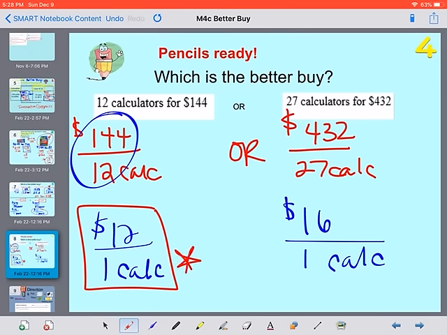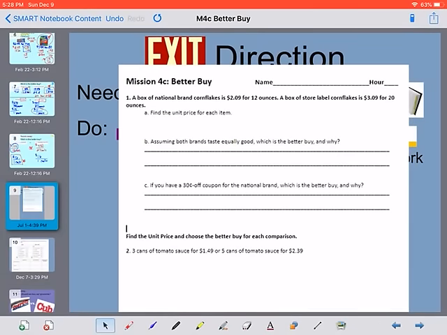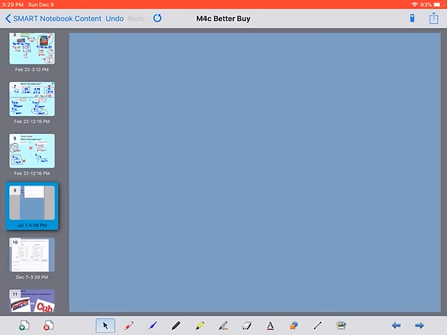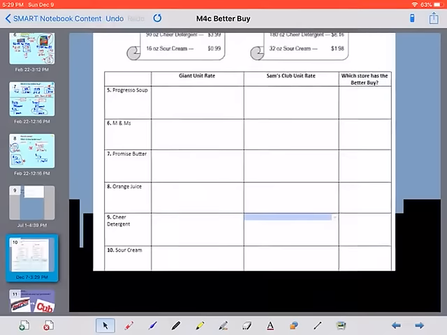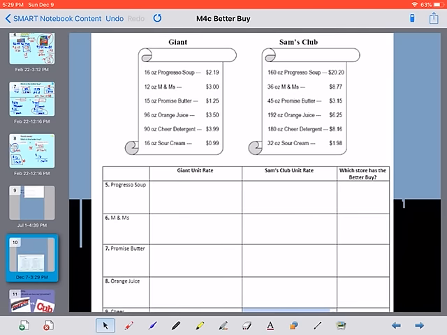All right, your homework is doing just what we did, finding the better buy. Be careful on this first one. If you have questions, let me know. With Part C, you should be able to do Parts A and B on your own. You're just finding the unit rate 2 times on this one. Otherwise, the rest of it is pretty self-explanatory. You need to find the unit rate and compare which is the better buy, Sam's Club or